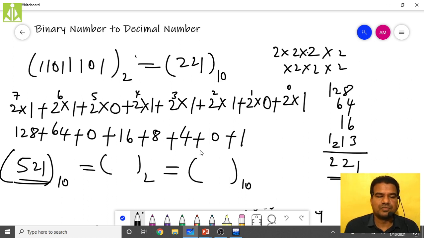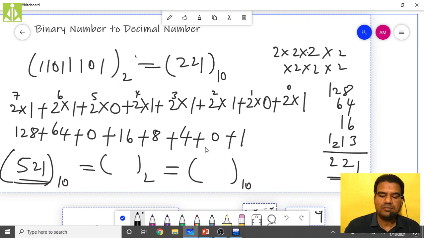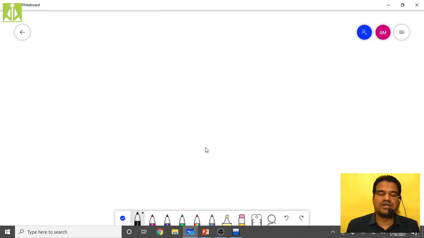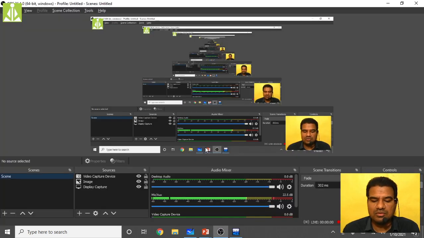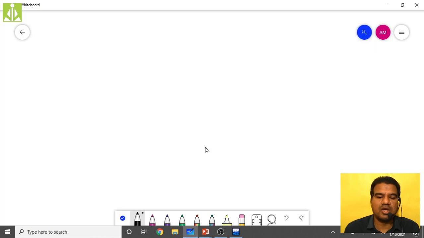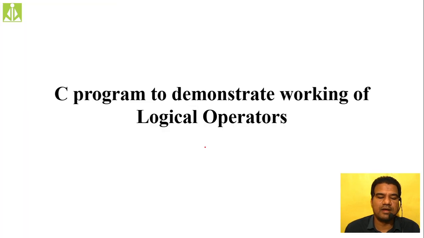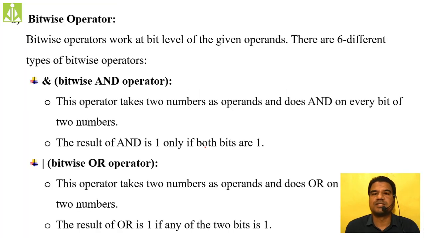So the discussion of conversion of a given number into binary is over, and now we can see how this simple logic can be applied in our bitwise operators. Bitwise operators are also binary operators, and we have unary bitwise operators also. When it comes, we will discuss.